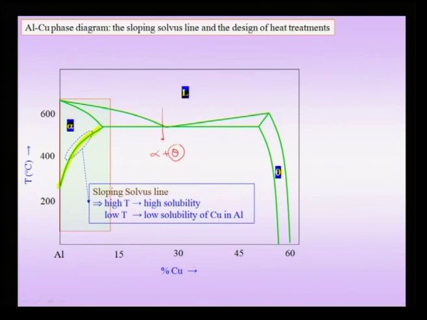Now, we are interested not in this part of the phase diagram, but in the lower copper percentage, and we are talking about this region where there is about 4% copper, and this is a model system, aluminum 4% copper, not only to see the engineering applications of precipitation hardening, but also to understand the various fundamental processes which occur during such a heat treatment. Now, this line is a sloping solvus line, that means that the solubility falls with temperature. That means, suppose at high temperatures I have a certain solubility of copper in alpha, that means now my copper is dissolved in the alpha matrix,